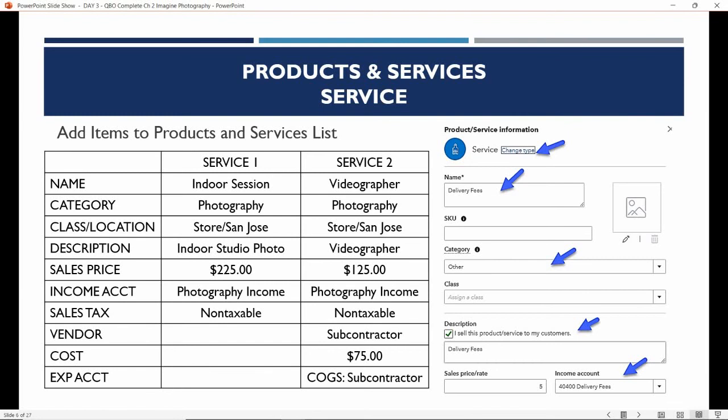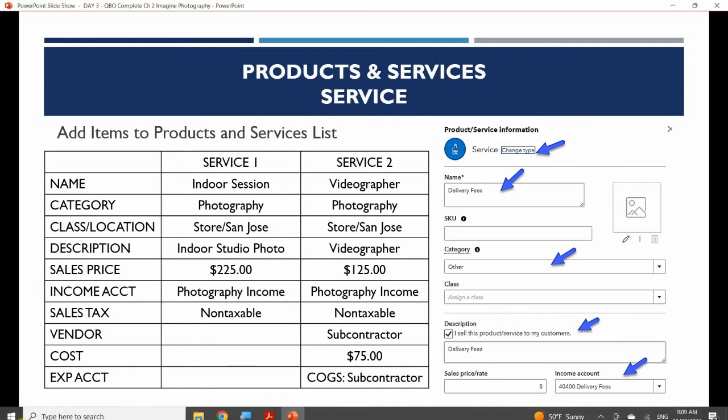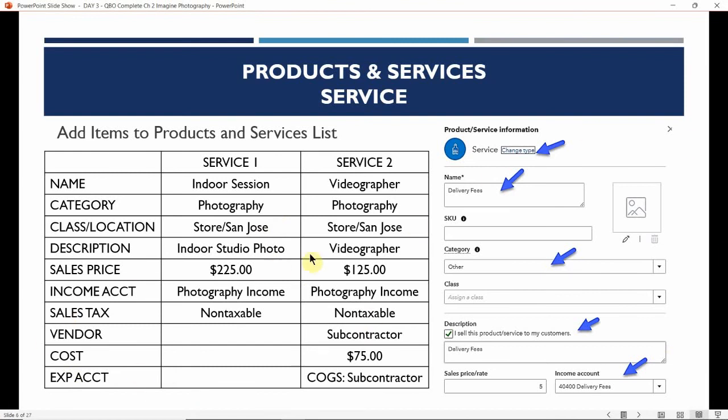And it's going to be an indoor studio photo, and it's going to be $225 as your sales price, and it's going to be for photography income, which if you remember, was an account that we recently added, the photography income. Okay, and it's non-taxable. Most services are going to be non-taxable, because it's based on time. You're not selling a product, which if you are, legally by the state of whichever state that you guys are doing business in,